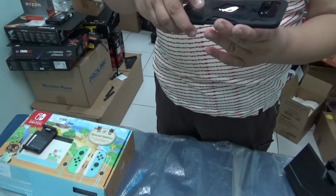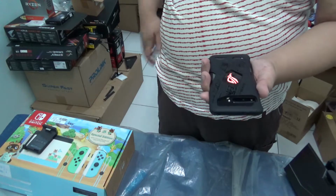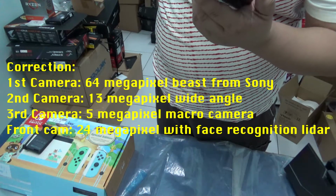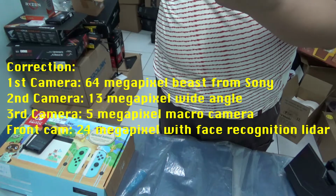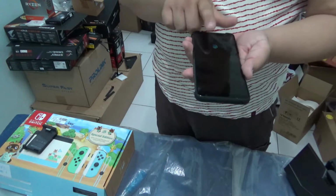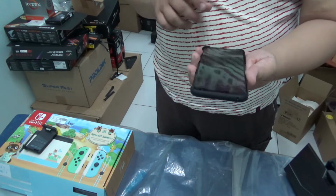Aside from that, it has a 64 megapixel camera, a secondary 12 megapixel camera, and the flash, and an IR. If I'm not mistaken, there's a third IR lens on the phone. So yeah, on the front you have a single camera, and then there's a biometric fingerprint reader built right into the screen. So let's unlock it,